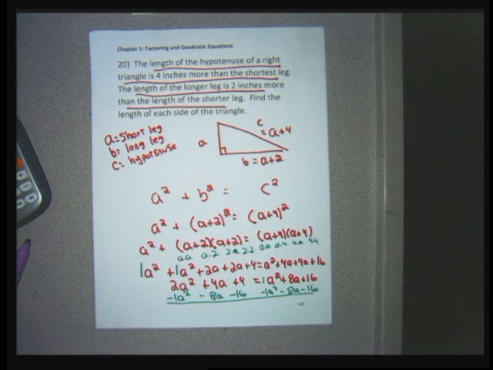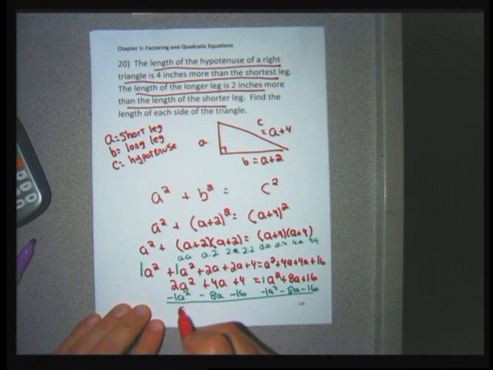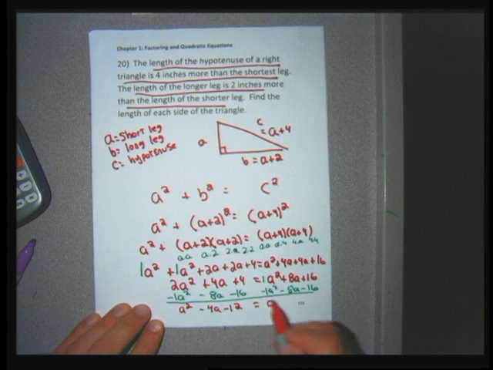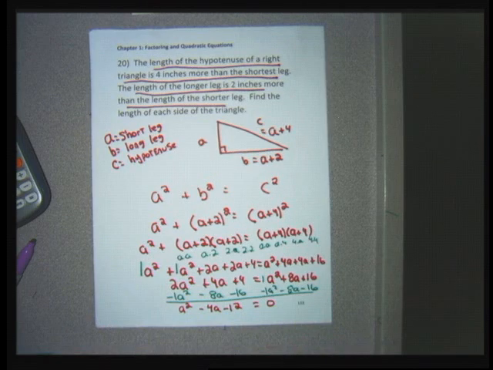On the left side, 2A squared minus 1A squared is 1A squared. I don't really have to write the 1, but I can. 4A minus 8A is negative 4A. 4 minus 16 is negative 12. On the right side, I made everything pop out to 0 because I subtracted everything. I need to now factor